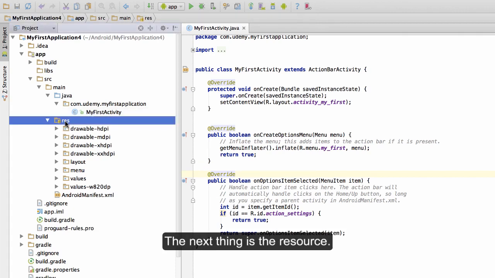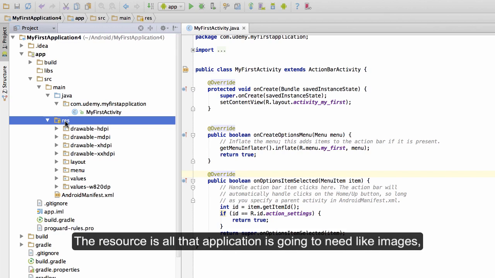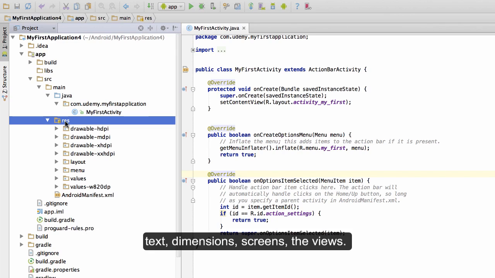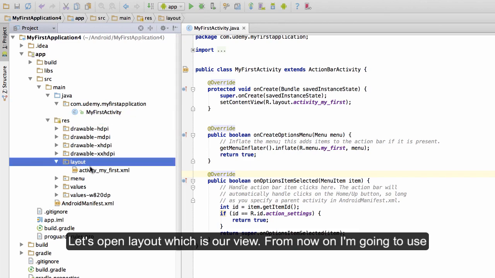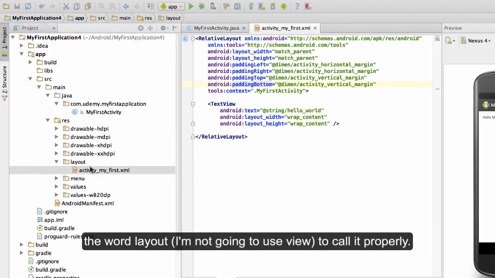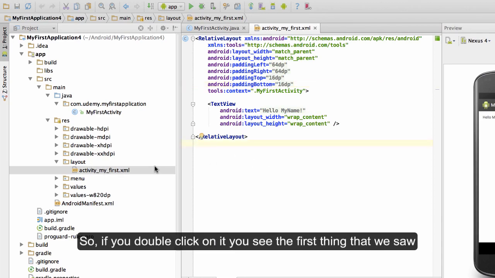The next thing was the resources. The resources are everything the application is going to need, like images, text, dimensions, screens, the views. Let's open layout, which is our view. From now on, I'm going to use the words layout and view to call it properly. If you double click on it, you see the first thing that we saw when we opened Android Studio and created our project, the view